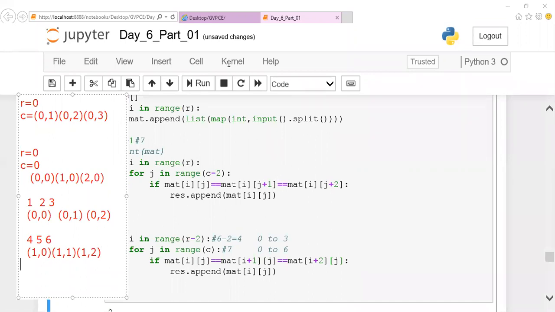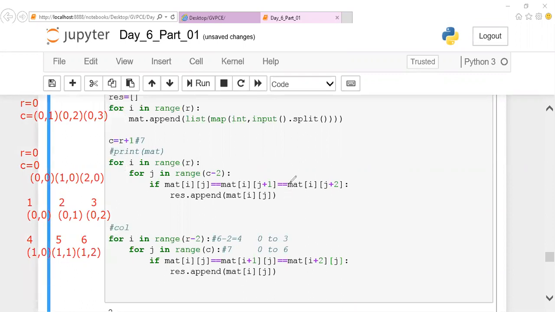So for this you can notice that for the previous one, for the first condition I mentioned here, what is the condition? 0, 0, 0, 1, 0, 2. So you are traversing in this way, isn't it? For this condition, 1, 0, 0, 1, 0, 2, 0. Here we are traversing in this diagonal. So in this column. Guys, is it clear? How is the condition I have written here?